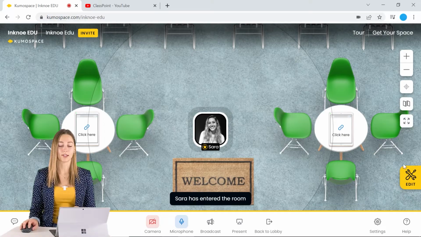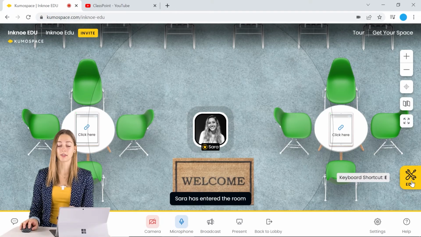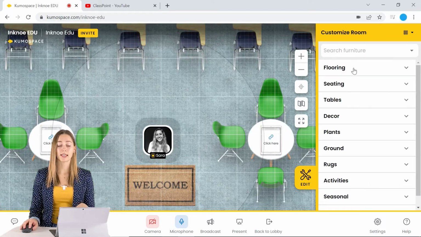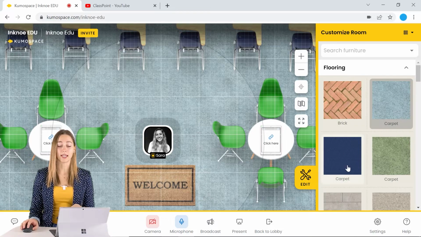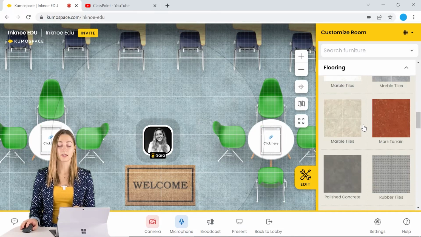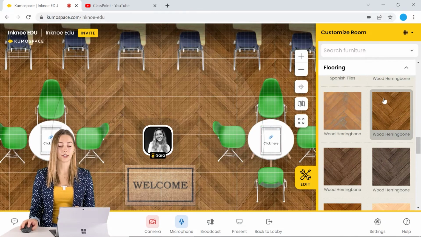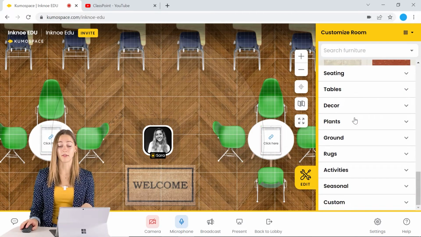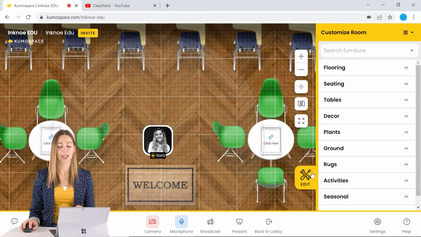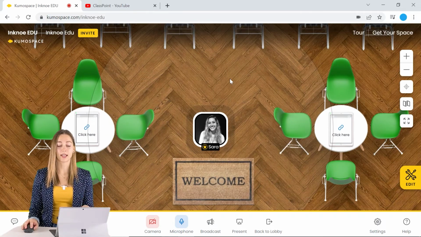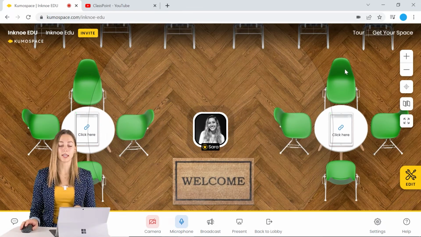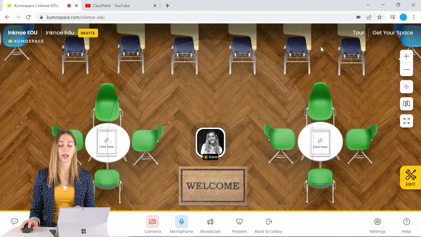Once I join in this room here, you'll see on the side there's the edit button. So you can see how many different things you can change in this room. Let's go ahead just quick here and change the flooring. And you can do this for so many different aspects of this room. Look at this list. So if we go out of edit, we can explore the room by using our mouse or our arrow keys